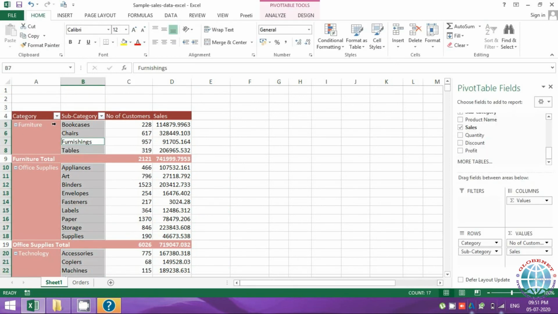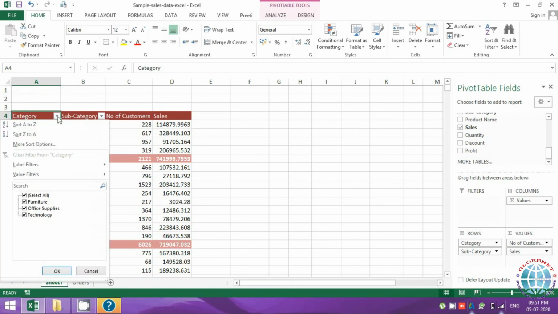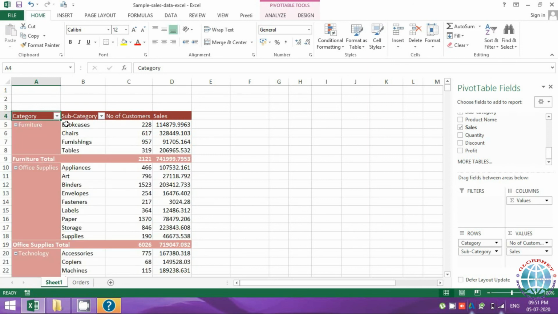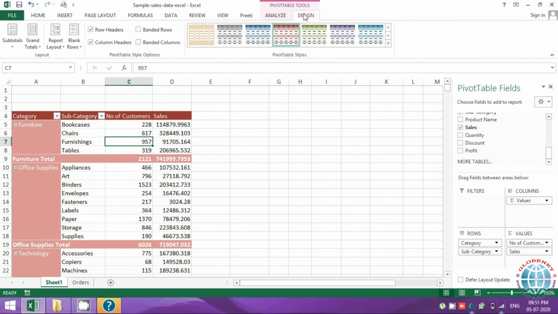The filter options, sorting options, all of it you can do as you would normally do on your base data. So you have these filter options, you can search, you can filter on values, labels, all of that can be performed like you would work on a normal base data. So this was all about the design tab and how to create different views from a presentation point of view.